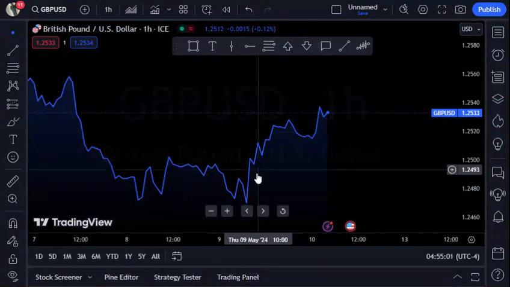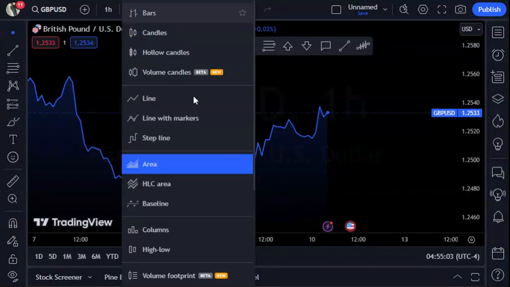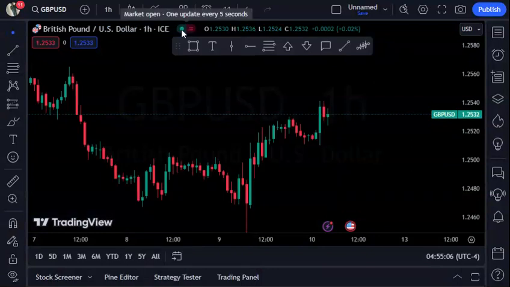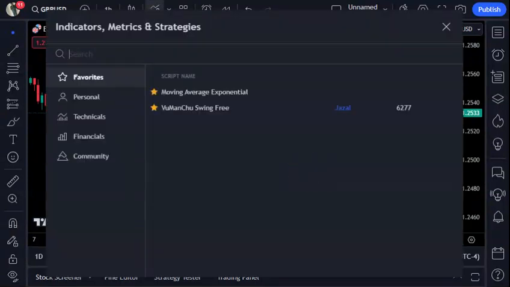Area. So here you just change all your candles into your personal preference. So over here, this is where you'll be getting your indicators. So if you are someone who is using RSIs, your moving averages, your,